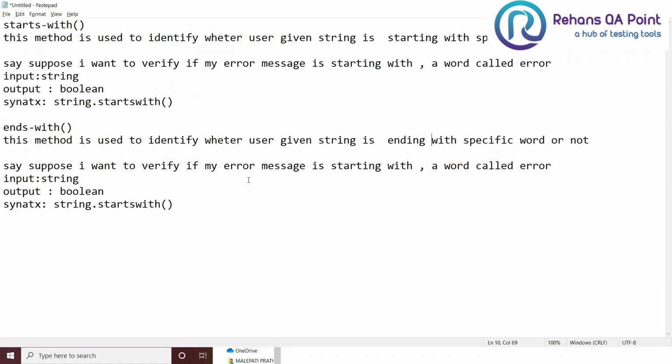Suppose I want to verify in my message that it is ending with the word successfully. For every message I need to verify whether the word successfully is coming at the end or not. It will take the same input as a string, output a boolean value, and the syntax is going to be called endswith.